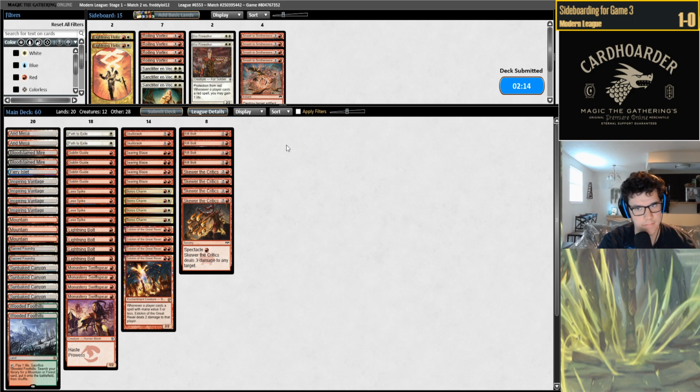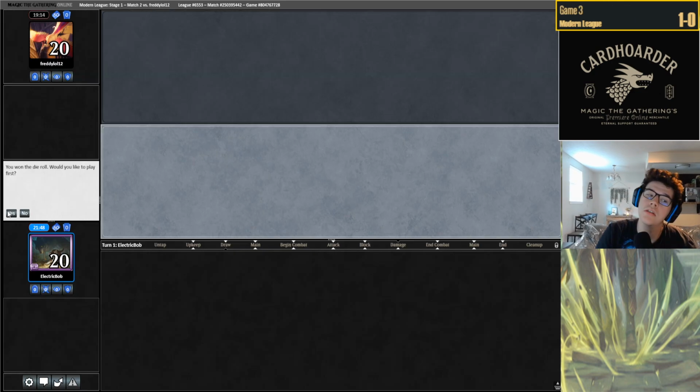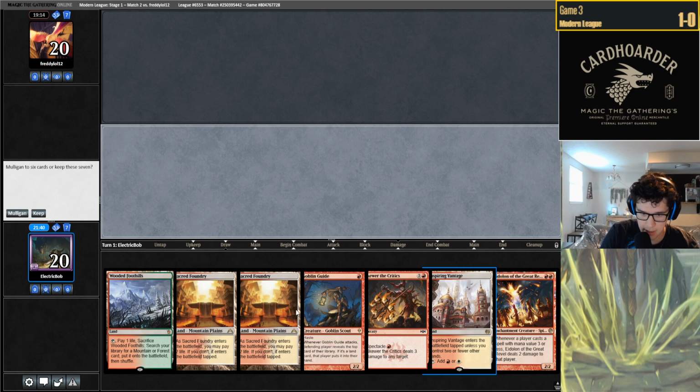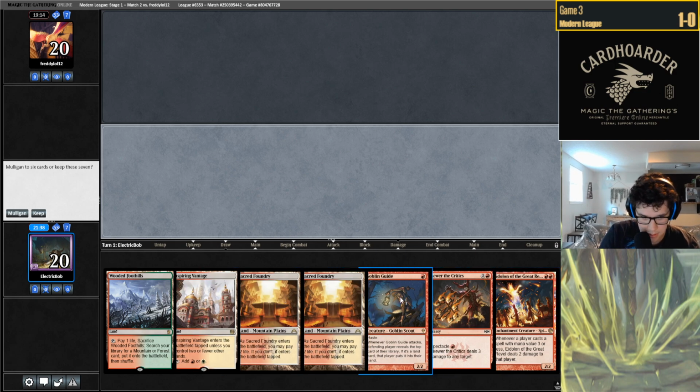It's just pretty powerful on the play. Let's have a good hand! Alright, our hand is land heavy, but we have... Oh man, there's some really good spells. We have Goblin Guide on one...